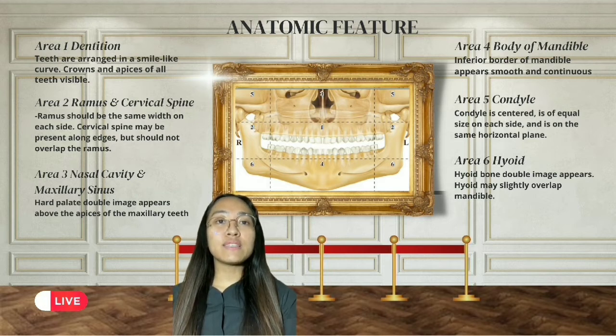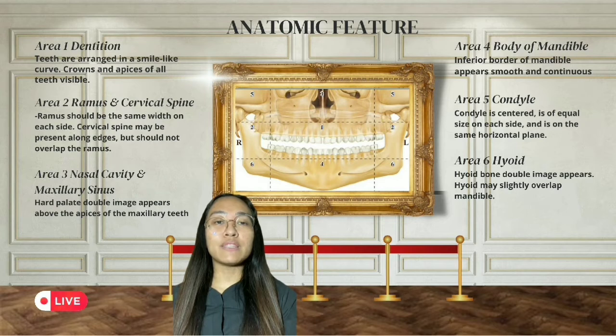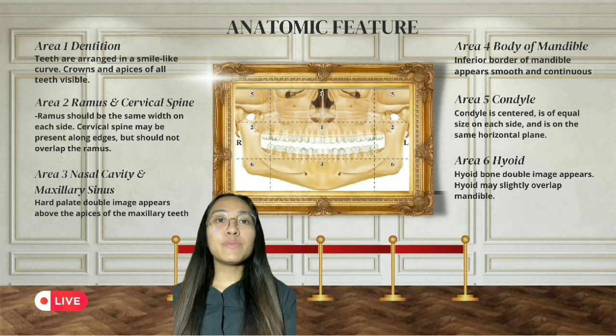Area 3 is the nasal cavity and the maxillary sinus. Hard palate dual image appears above the apices of the maxillary teeth. Area 4 is the body of the mandible. Inferior border of mandible appears smooth and continuous. Area 5